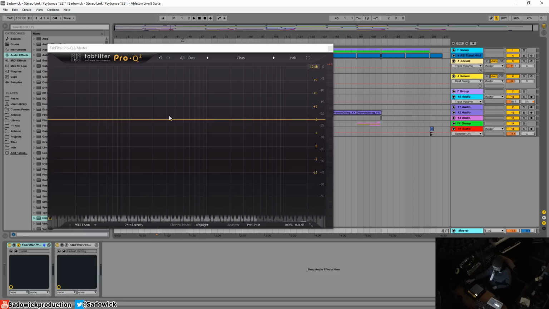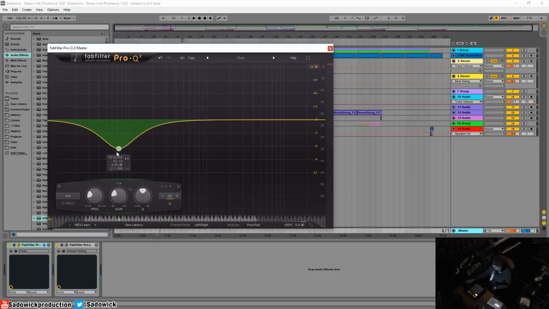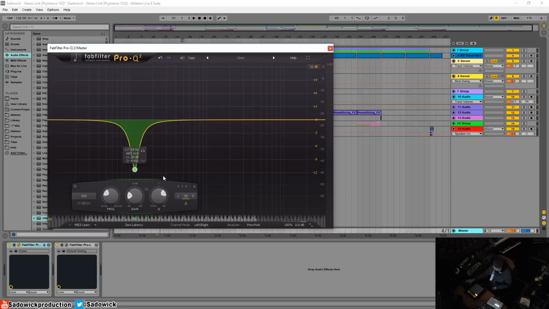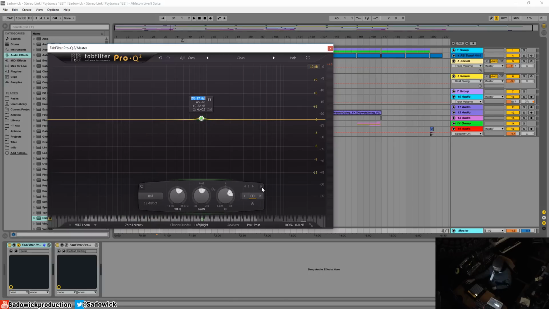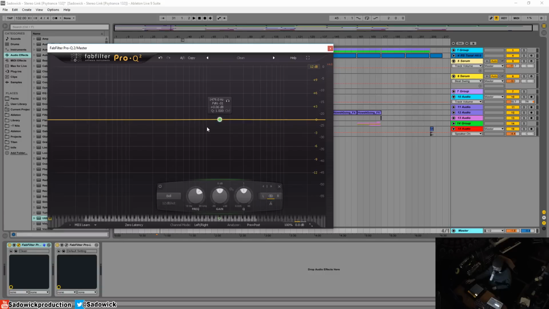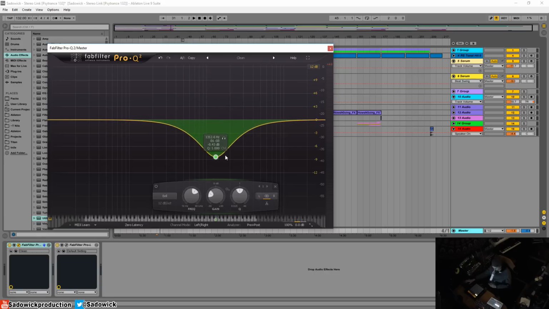So the idea with EQing is you're more prone to boosting signals than taking them away, because if you kind of carve out a little bit of the bass, the track will sound weaker because you're lowering the volume of a particular part and bringing the overall volume down. So a really cool way to combat this is with the auto gain feature, which is this little A here. So if you hit this A, very Canadian button, and you boost the gain, the volume will go down. If you reduce this, the volume will go up. So it kind of compensates that.